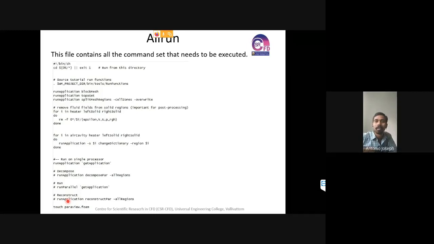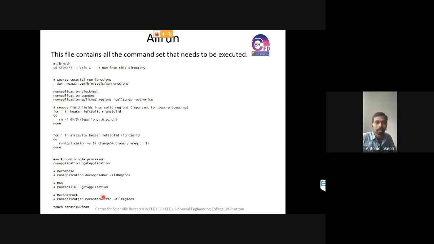And all the result files that were calculated separately in different processes will also be merged into a single one. And then finally we can visualize that in ParaView. Okay, so a file name here is given as touch paraview.foam. So paraview doesn't mean the command that we are executing, it's just the file name. Okay, don't get confused. Here the file name is given as paraview.